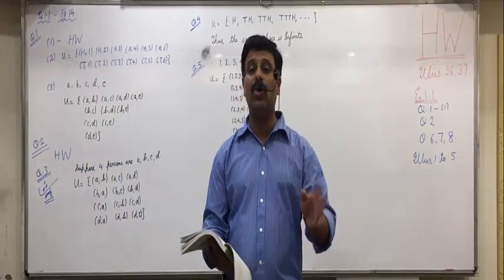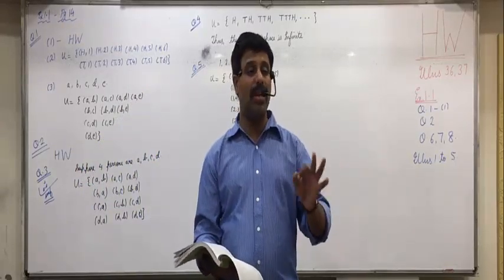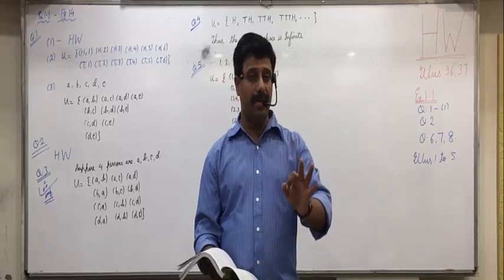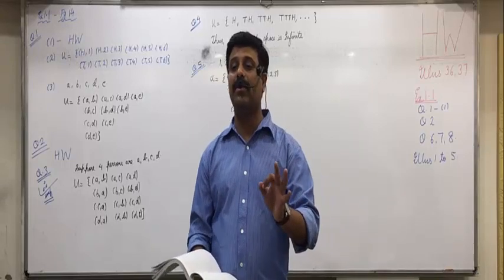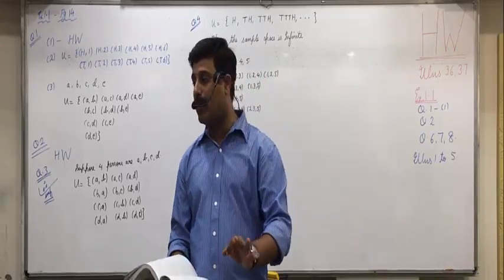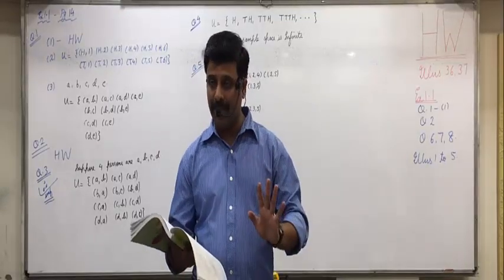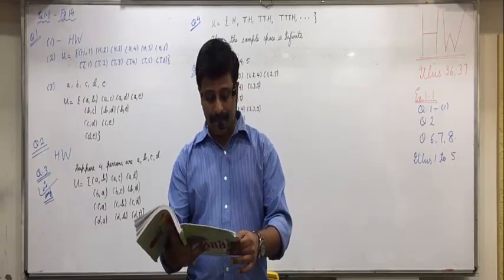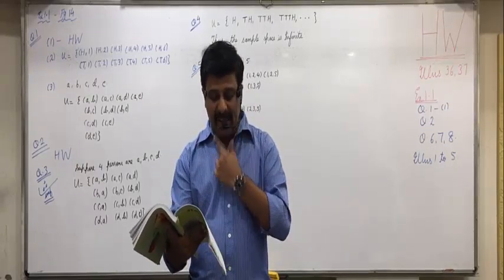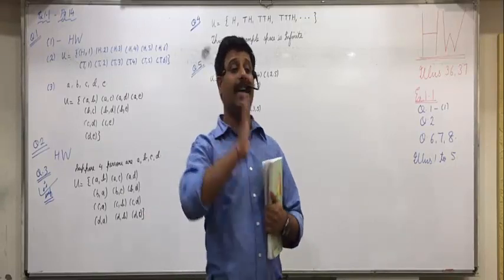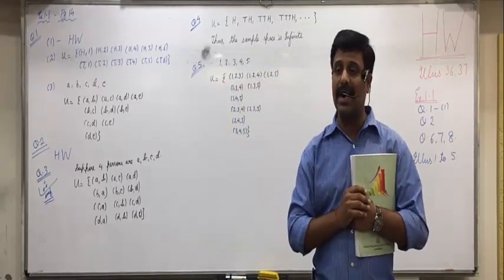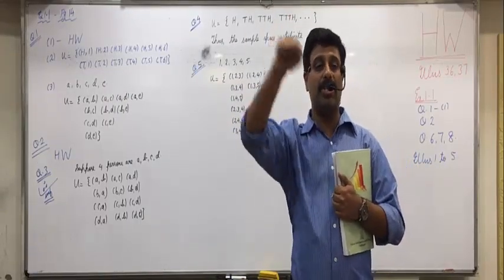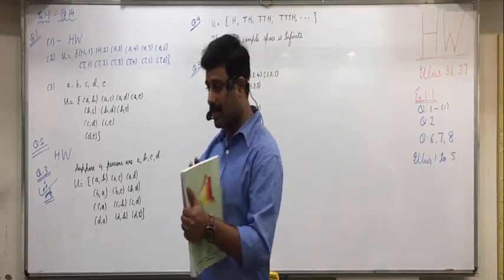And the last one, divisible by 2 or 3. So 2, 3, 4, then 5 is not divisible by either. 6, 8, 9, 10, 12, 14, 15 is divisible by 3, 16 is divisible by 2, 18 is divisible by both, and 20. So 3 events you define: A, B and C. Question 7. One family is selected from the families having 2 children. Children are like coins. Boys are like heads, girls are like tails. 2 children, so BB, BG, GB, GG. This will be your sample space.